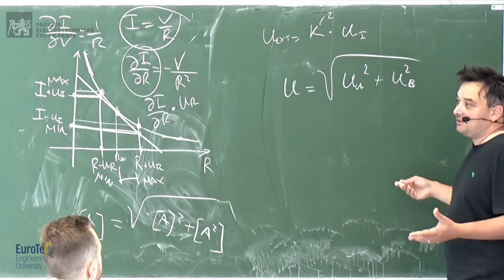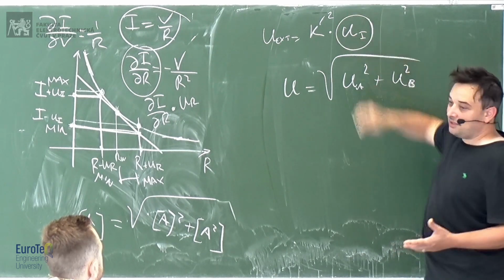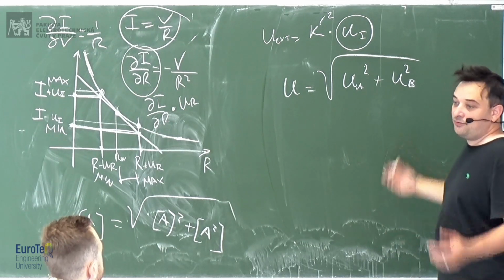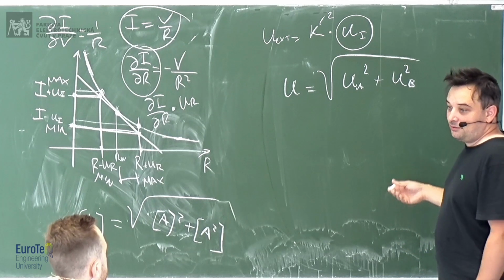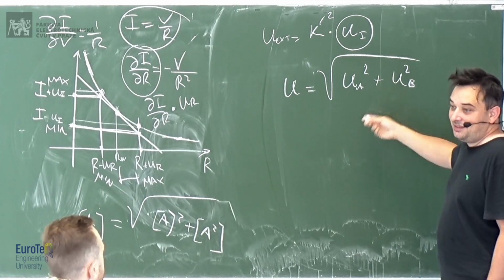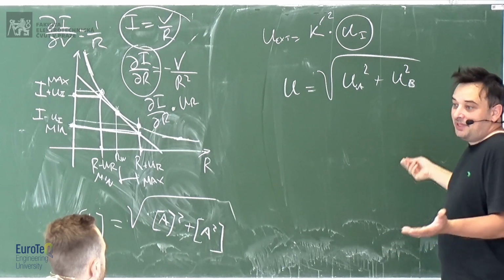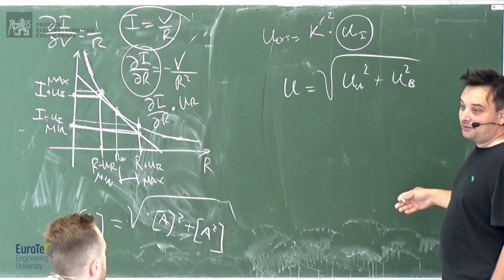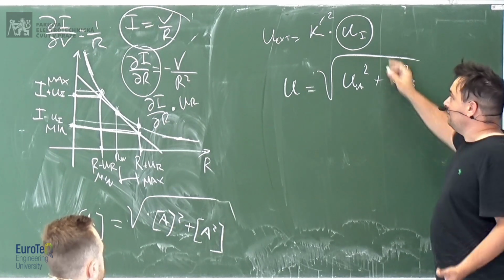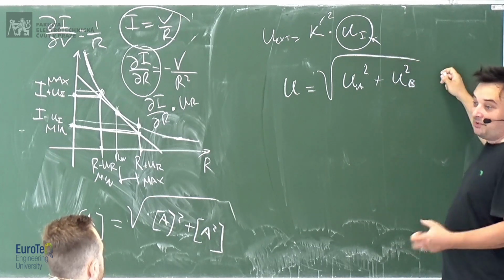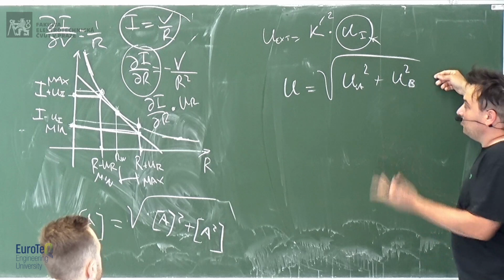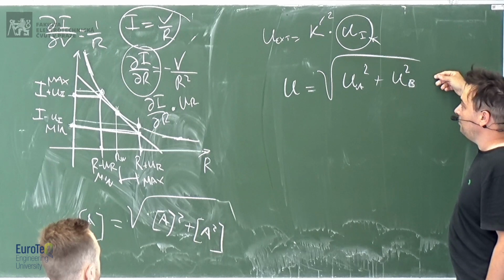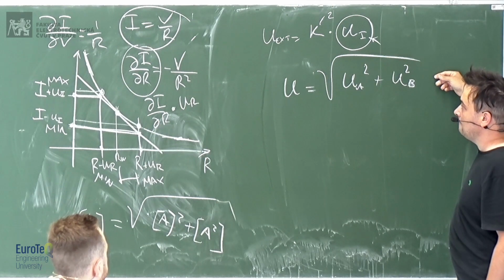Which in my opinion doesn't make much sense. Just give the uncertainty as you calculated it, and then if your customer wants a coverage factor equal to 3, I hope he is not so stupid as to be unable to multiply times 3. He takes 1 milliamp and multiplies by 3, and he gets 3 milliamps of uncertainty. If he wants a very, very strong coverage factor of 1,000, he multiplies by 1,000. Just give the uncertainty, and if he wants to be more confident, he will multiply by his own coverage factor, and he will get whatever value he wants, okay? Okay.